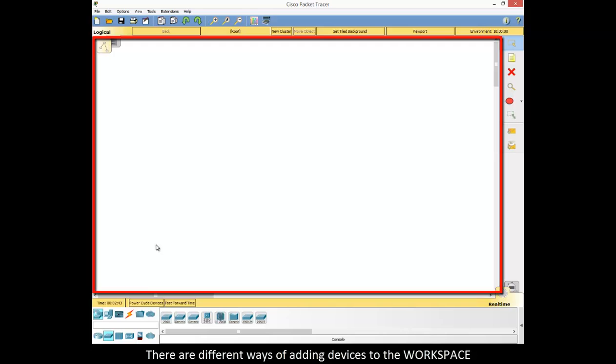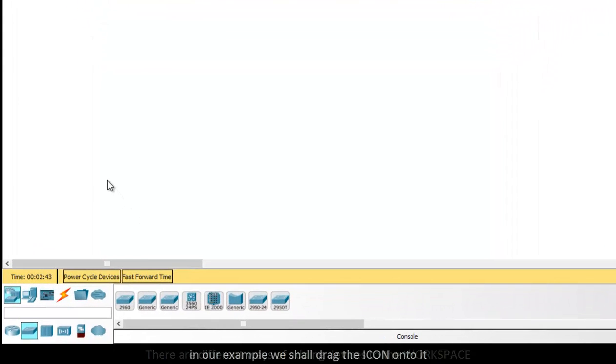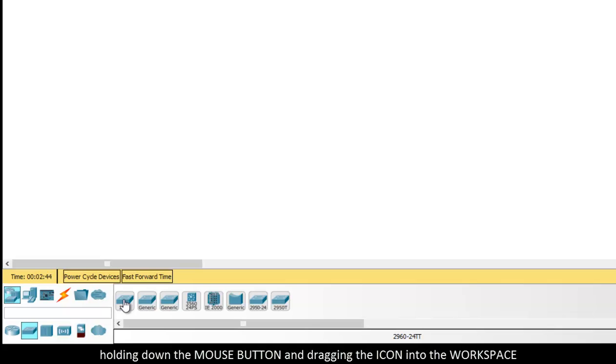There are different ways of adding devices to the workspace. In our example, we shall drag the icon onto it. So we place the mouse pointer on our selected device. Here it is the 2960 switch. Holding down the mouse button and dragging the icon into the workspace, we can see here a description